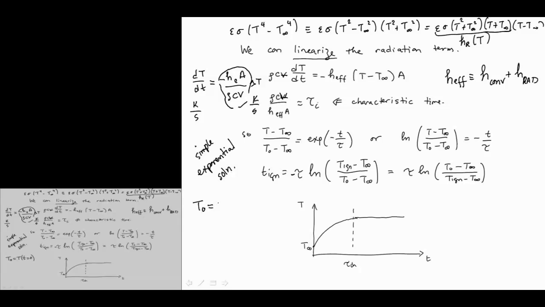Since what we're interested in is the time it takes to get to a particular temperature, which we might call an ignition temperature, we take the log of both sides, and we get a relationship for time in terms of our characteristic time. And when we specifically call the time the ignition time,